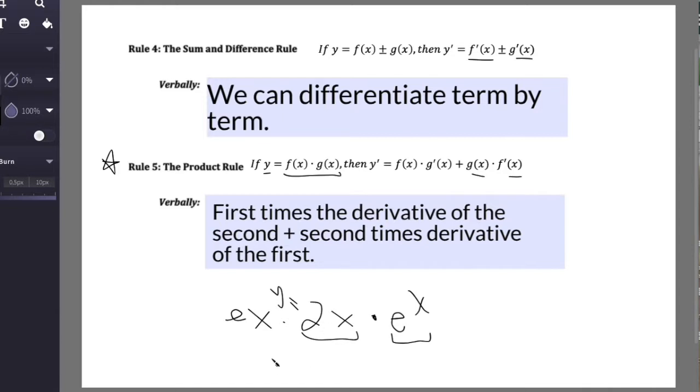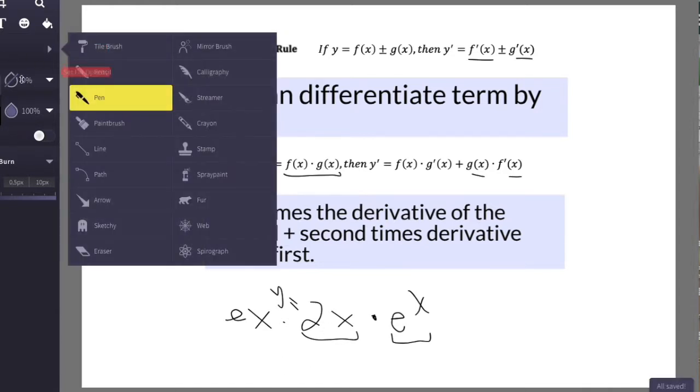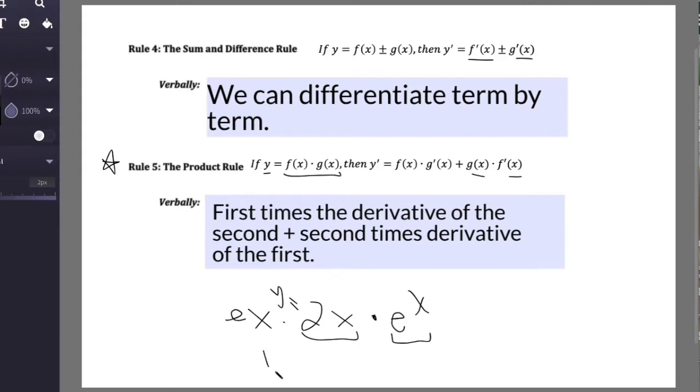So the overall derivative, I'm just going to use black, y prime would equal the first function, which is 2x, times the derivative of the second function. What's the derivative of e to the x? Well, we're going to prove in a subsequent section the derivative of e to the x is e to the x. Yes, that's right. So first times the derivative of the second plus the second function times the derivative of